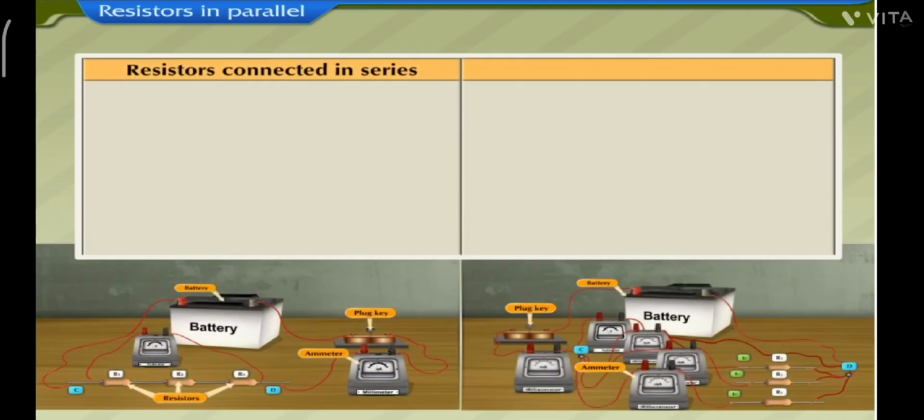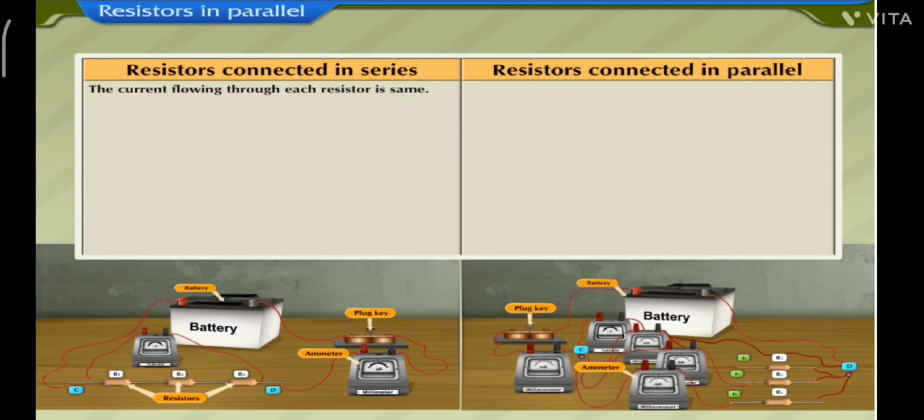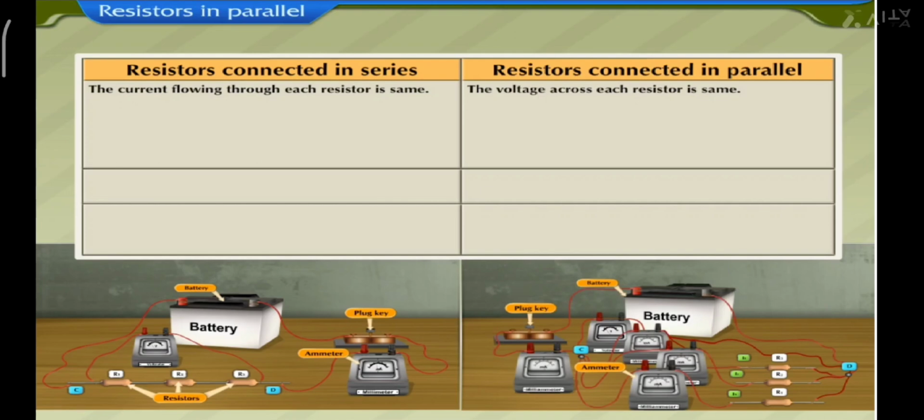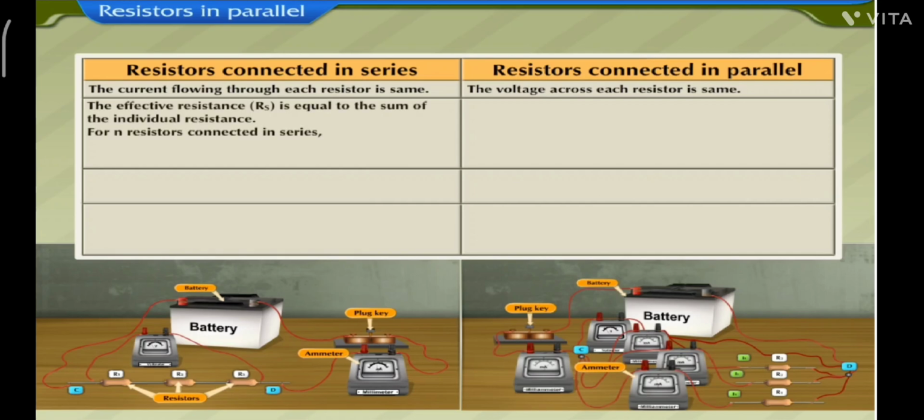Now, we are in position to differentiate between resistance in series and in parallel. When resistors are connected in series, same current flows through each resistance. On the other hand, when resistors are connected in parallel, the voltage across each resistor is the same. For resistors connected in series, the equivalent or effective resistance, Rs, is equal to the sum of the individual resistors. For n resistors connected in series, Rs is equal to R1 plus R2 plus R3 plus R4 plus up to